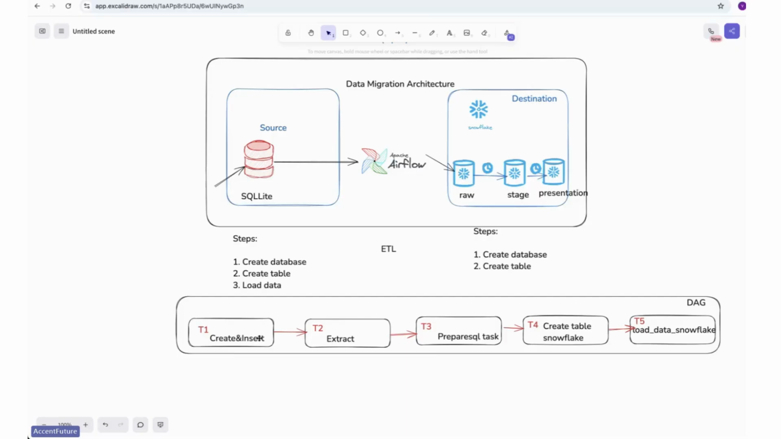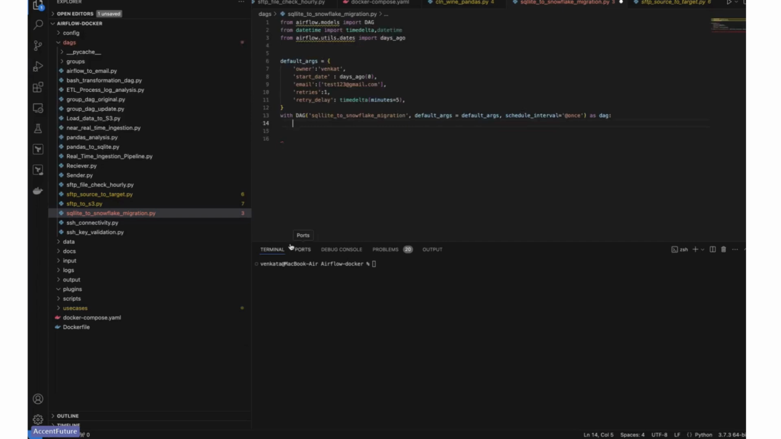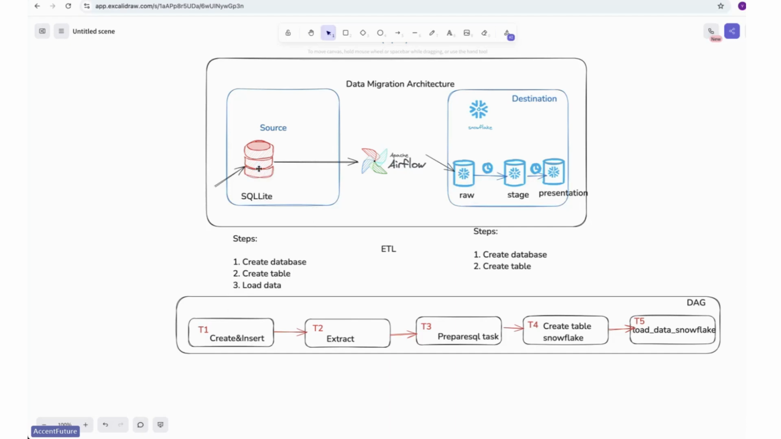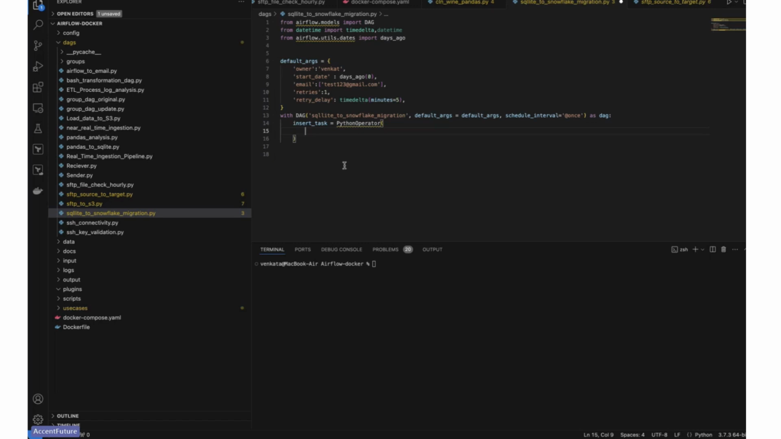What's the first task? Insert, okay? Let me take insert_task. I'm going to use the Python operator because it's a Python job, right? The first job is a Python job because SQLite is a simple, lightweight database. By using Python, you can create it directly. There's an advantage. You can use